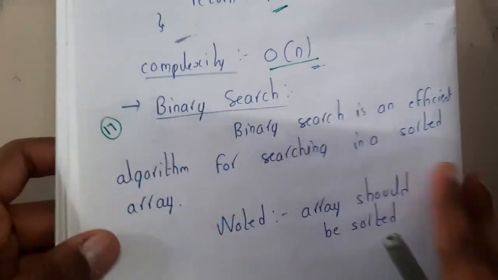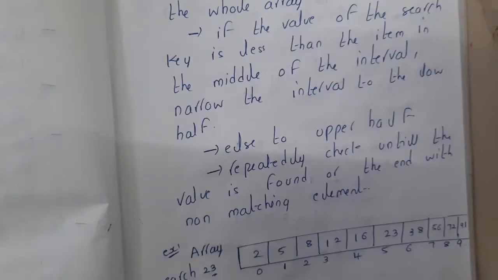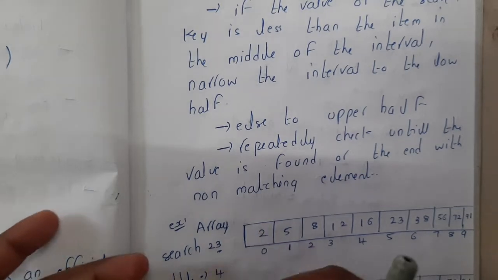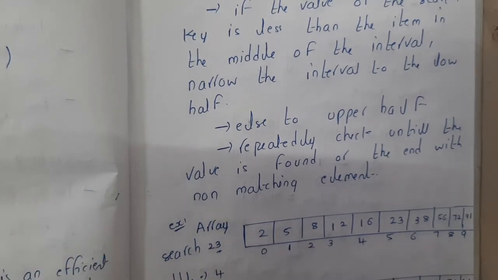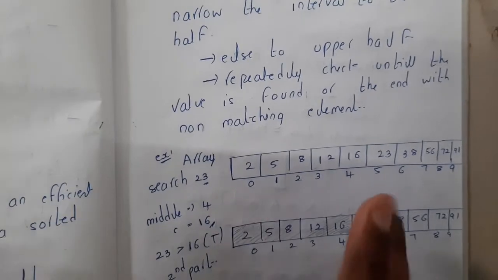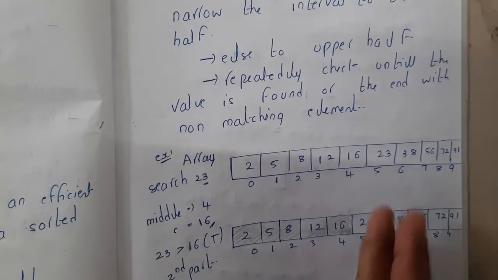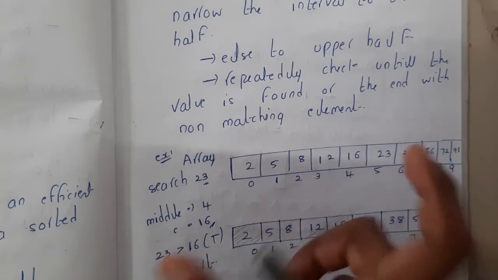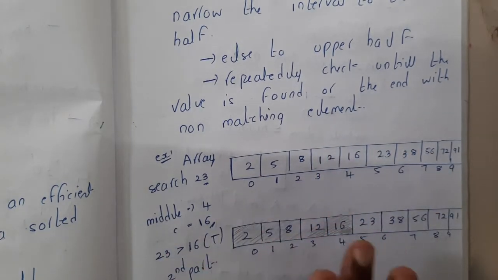So binary search is one of the most interesting searching mechanisms, but there is a small loophole for this. It's not a disadvantage or advantage or something. The only thing is the array should be sorted, guys, first of all. If you want to give any array to binary search as an input, always the array should be sorted.